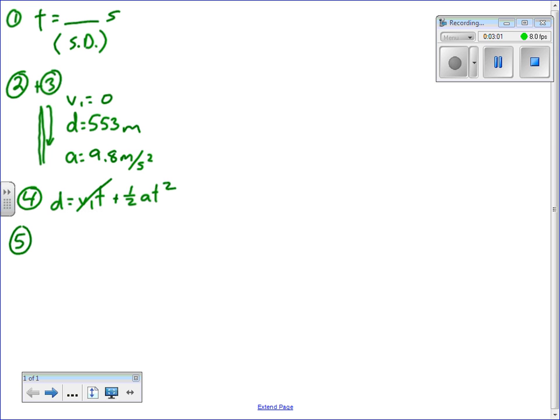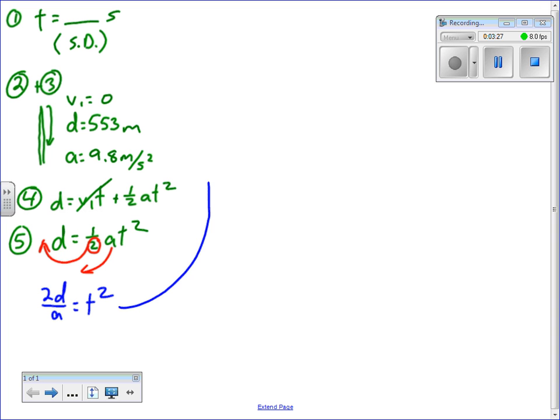So step 5, algebraic manipulation. d equals 1/2 a t squared, and we have to rearrange for t. So we multiply both sides by 2 because we're dividing by 2 right here. And we divide both sides by a. So we're going to end up with 2d over a equals t squared. And finally, our fully manipulated equation where we solve for t, it's going to be t equals the square root